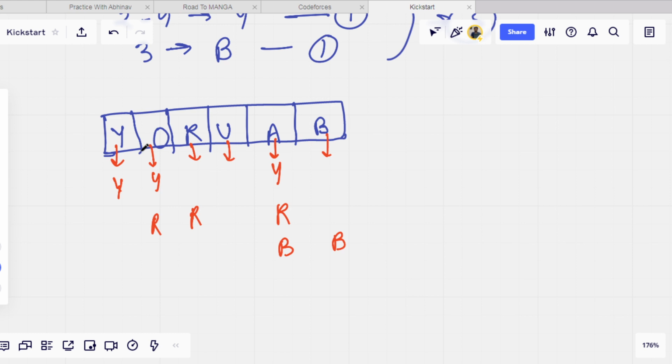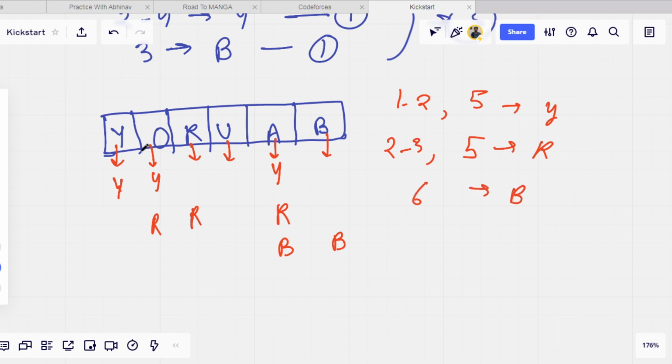Now we will check how many consecutive sections there are. For Y, the first section is 1 to 2 and the second section is 5. Means we have to color yellow from 1 to 2 and in 5. For R, the sections are 2 to 3 and 5th. This is for yellow, this is for R, and for blue we have to just color it in the sixth block. This is for blue.